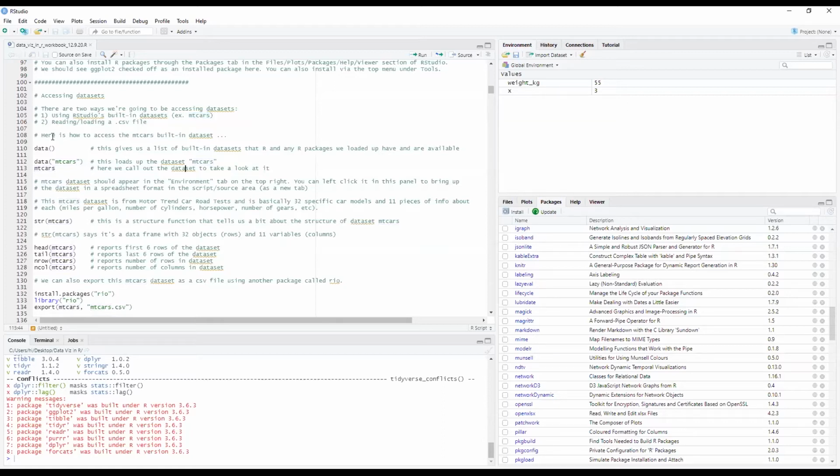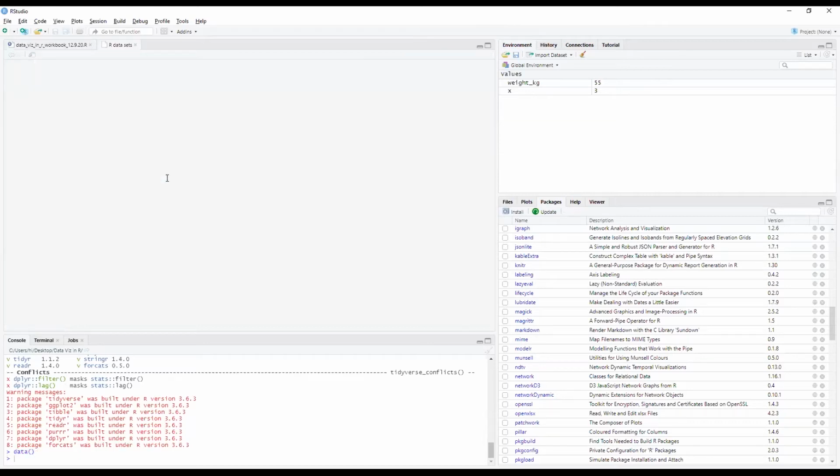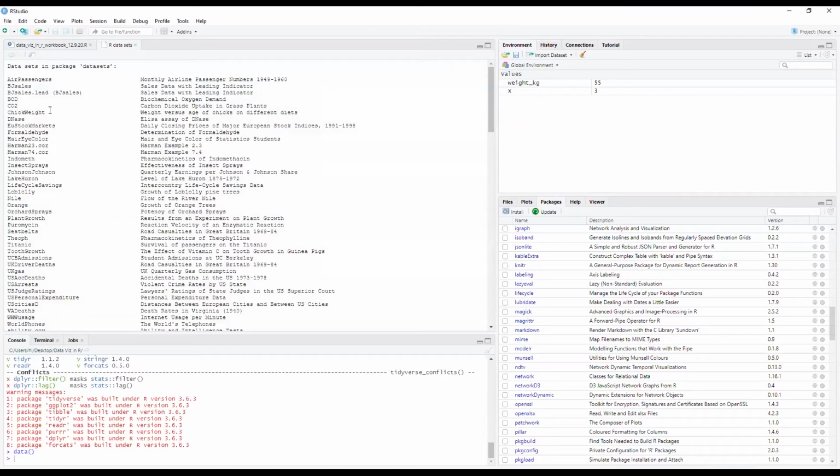So the very first way, how to access mtcars, one of the built-in data sets. If you run this data in parentheses, this function, you don't put anything in it, it will give you a list of all the built-in data sets that R and any package that you've loaded up have available. So I'm going to run this data in parentheses, nothing in it.